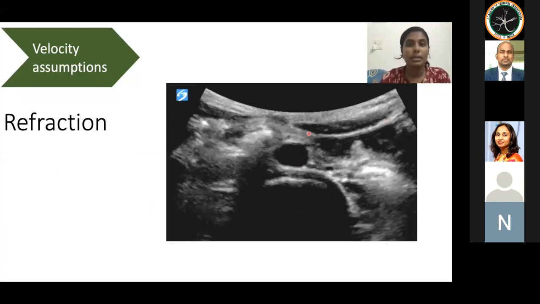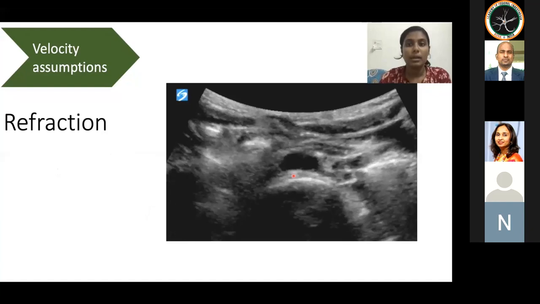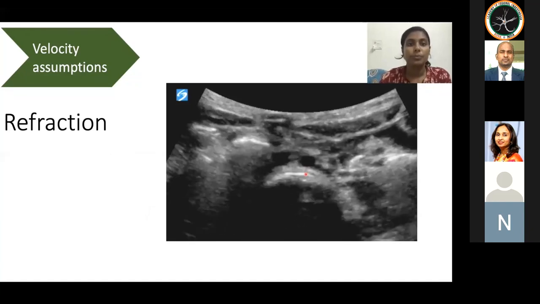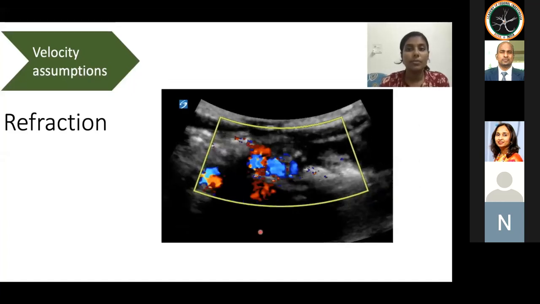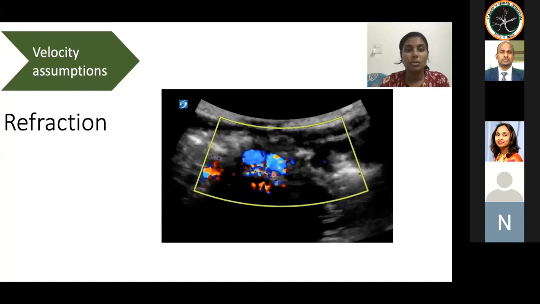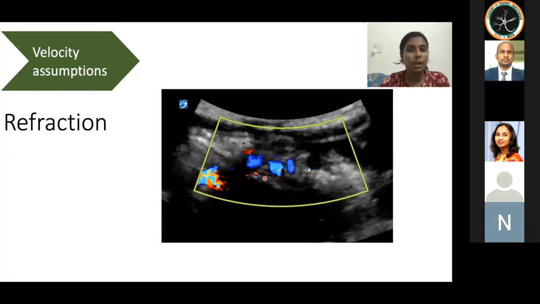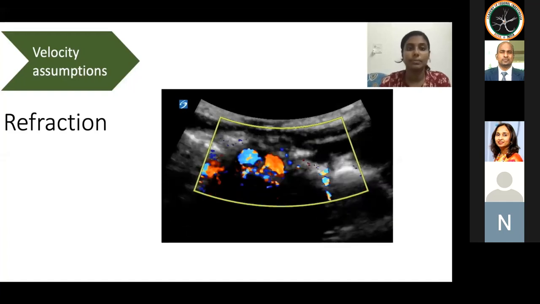This is the supraumbilical scanning of the aorta through the rectus muscle. This is the rectus muscle here. When the probe is placed perpendicular to the rectus muscle, there is no artifact and the aorta appears single. When the probe is placed at an acute angle to the rectus muscle, the aorta appears as two. This is refraction artifact. This is the color Doppler of the same artifact. This is not the bifurcation of the aorta. The scanning was done way above the umbilicus and you can also see the IVC separately.